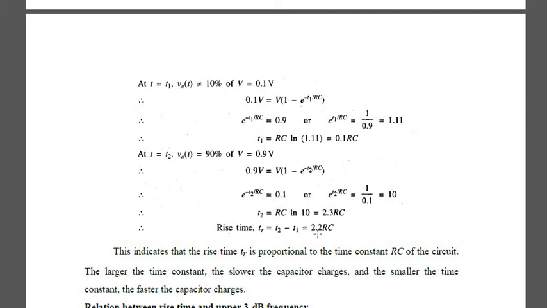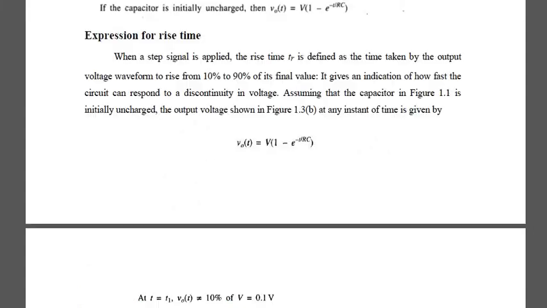So TR is equal to 2.2 RC, or you can also write it as 2.2 divided by 2 pi F2, or as 0.35 divided by F2. So your rise time TR is given as 2.2 tau, or 2.2 RC. The rise time is proportional to the time constant tau and inversely proportional to the upper 3 dB frequency. As I have already said, TR is equal to 0.35 divided by F2, or 2.2 divided by 2 pi F2. I'll give the notes of this so that you can do it very easily, and I'll explain it here itself also.